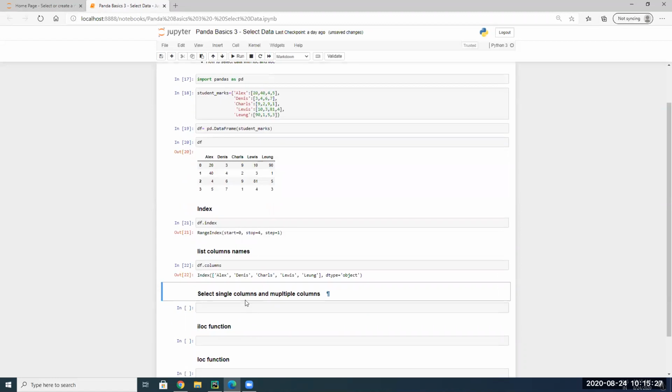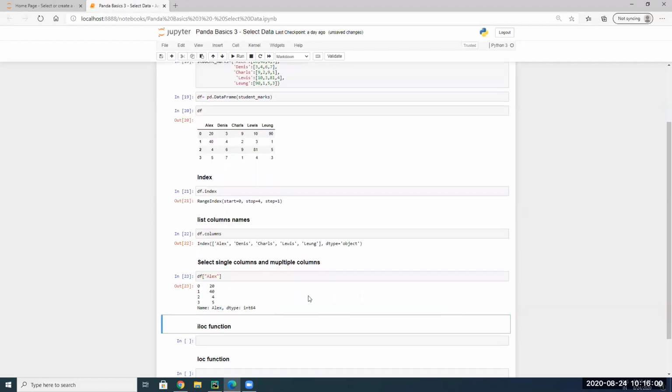Now, if you have experience working on databases like SQL, Sybase, Oracle, you know that there are select statements. Similarly, we could select the data from a data frame. So let's go ahead and see how we can select the data from a data frame. The syntax would be the name of your data frame, square bracket, and you could just put the name of your column, and this should give us the data of a single column from your data frame.